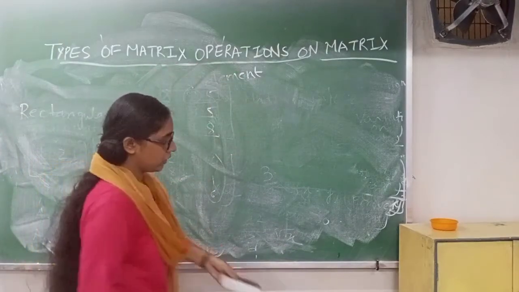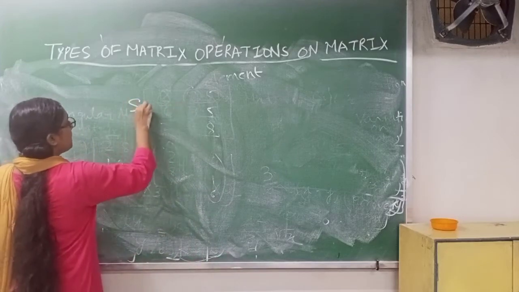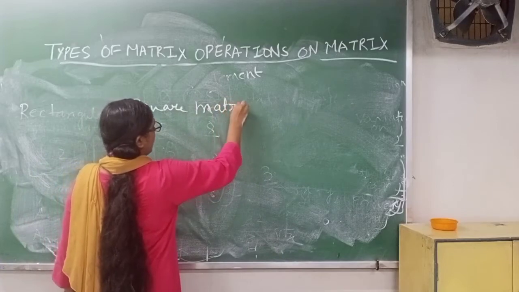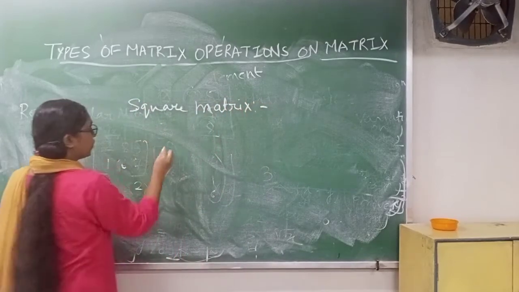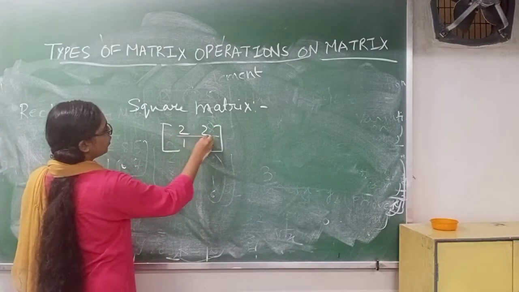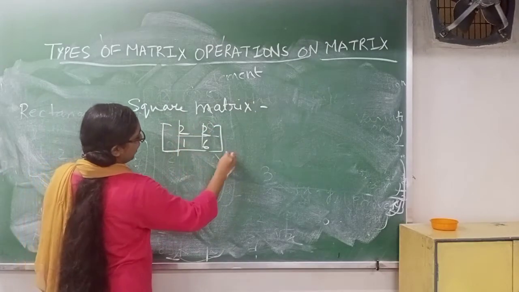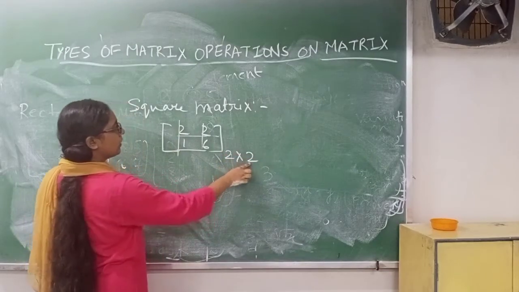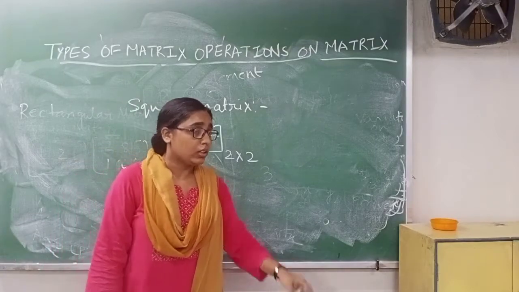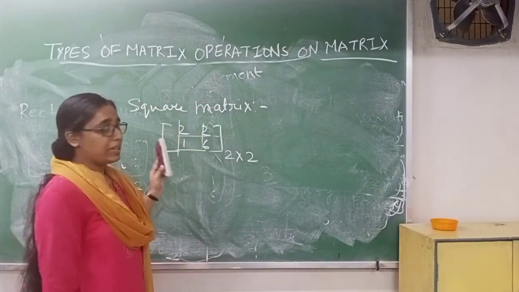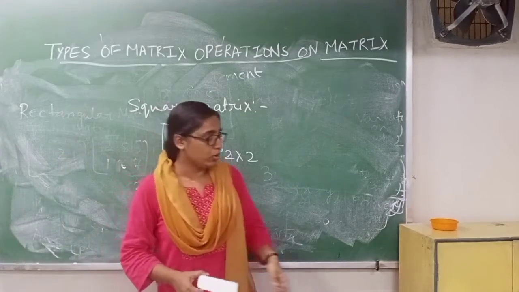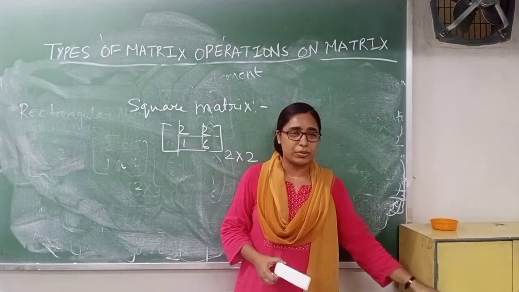Now what is a square matrix? Square matrices are those matrices in which the number of rows and the number of columns will be the same. See this one. How many rows? 1, 2, and how many columns? 1, 2. So it is 2 by 2; the number of rows and the number of columns are both the same. This is known as a square matrix. Okay. Now one by one please write. If you don't know, please write it. If you want to study from a book, open the matrix chapter, you will get all this in the summary also.